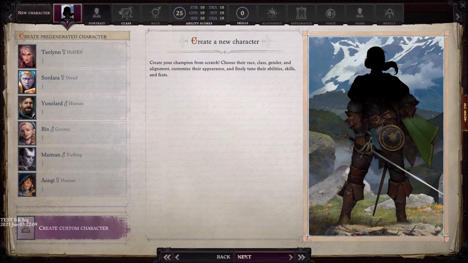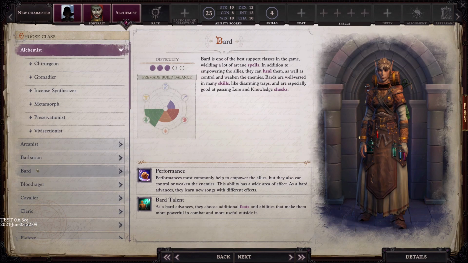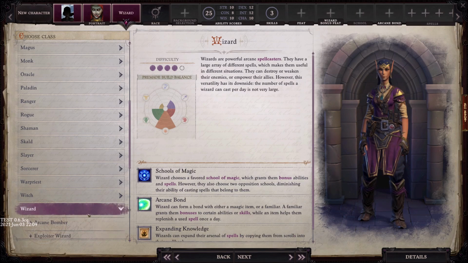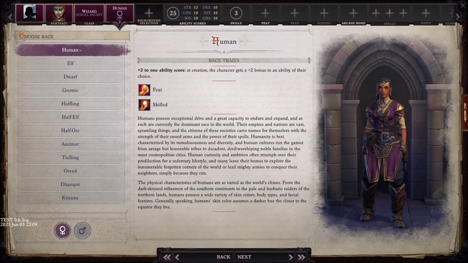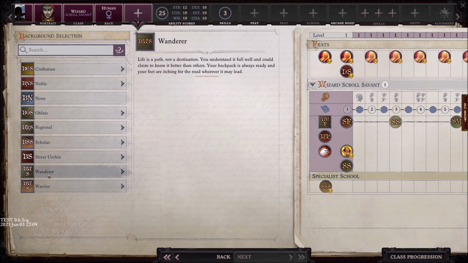So we're going to create a character. You're going to be a Lich. Might as well go evil. So we're going to do a neutral evil character here, buddy. We're going straight down here to Wizard. And we're going for Scroll Savant, my favorite type of wizard. We are not going to be an elf. We're going to be human. And we are going to be... Let's see, what did I say? It's got to be...